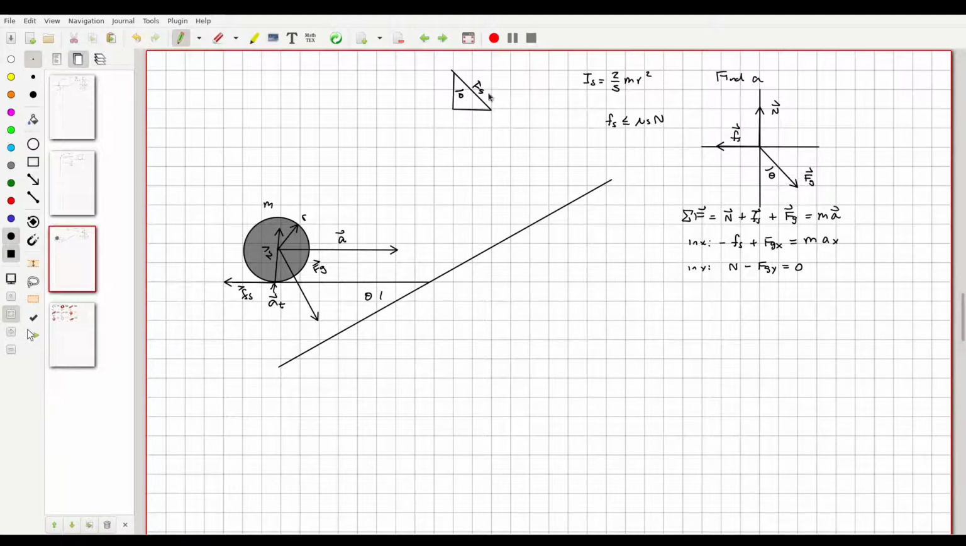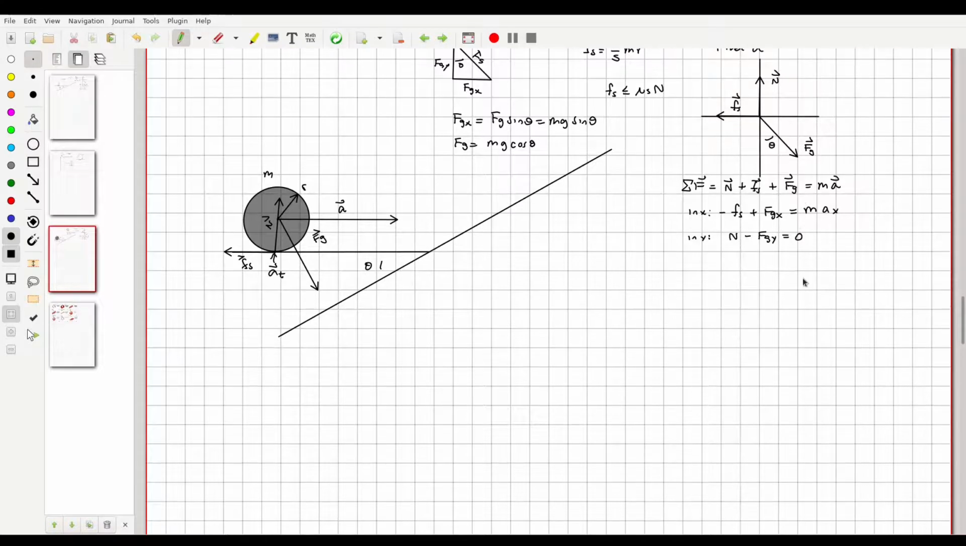Here's Fg. Here's Fgx. Here's Fgy. So Fgx, as written, is the sine part. That's Fg times sine of theta, or mg sine of theta. Fgy is the y part, which would be, again, mg cosine of theta, as drawn. Okay? So that said, what I'm going to do is I'm going to plug this in, but I don't want